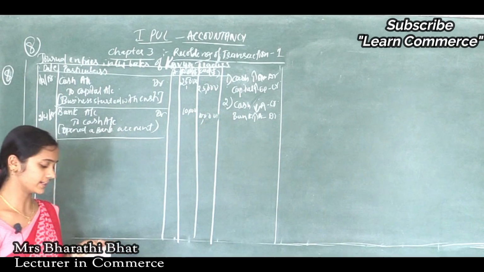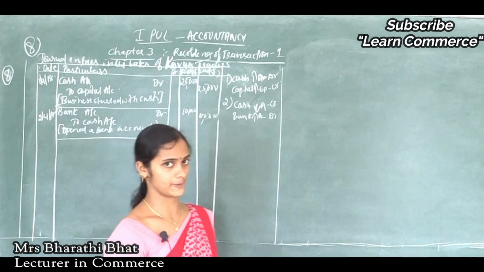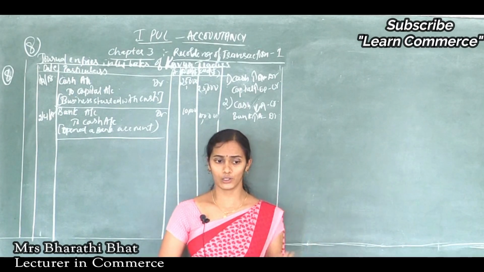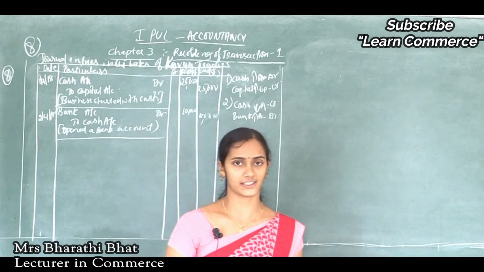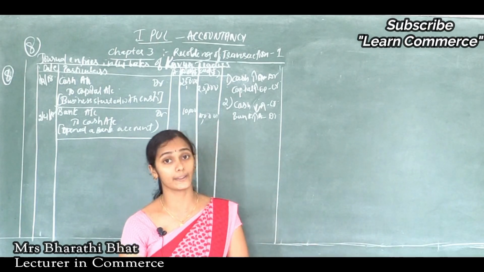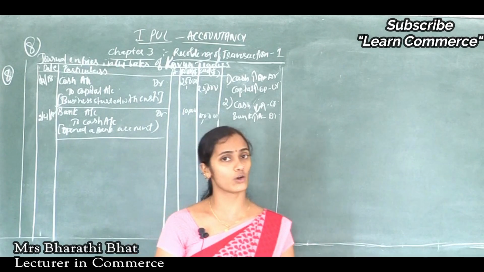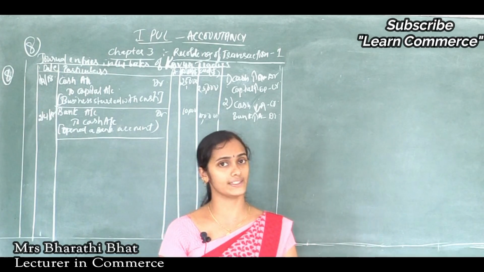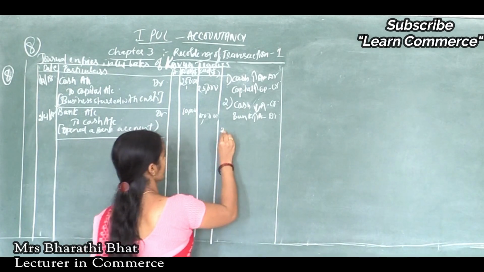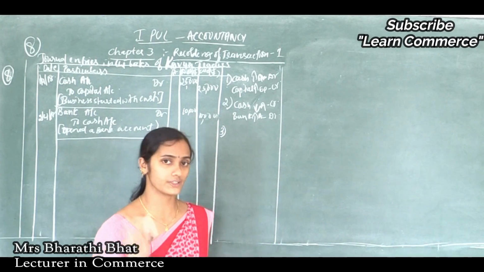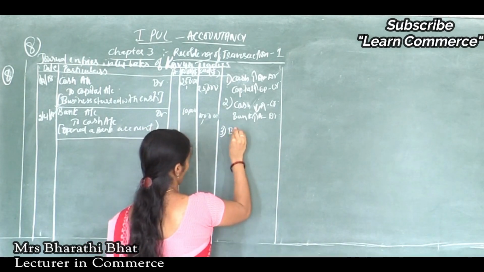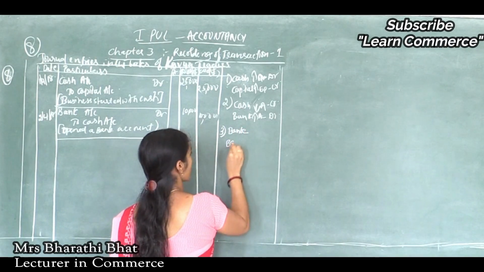Okay, and the next one is took loan from bank. See the question. Loan or any receipt from others on a credit basis or dues are all considered as a liability for the organization. So loan is also considered as a liability. Took loan from bank. Here it is a new transaction for you, so we should find out the two different accounts. One account is bank, another one is bank loan account.